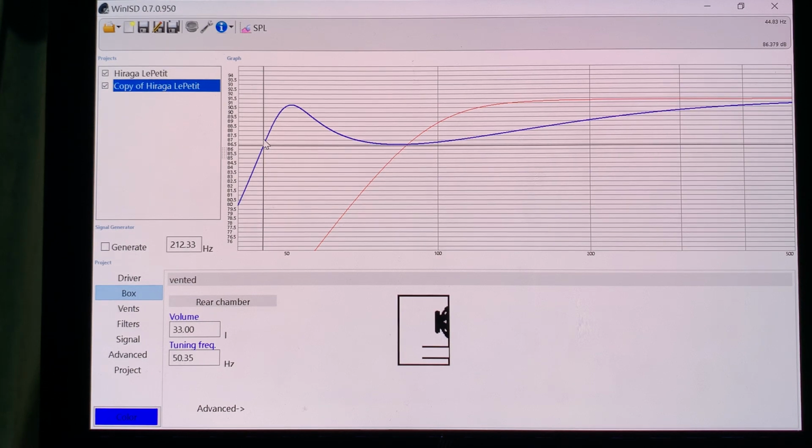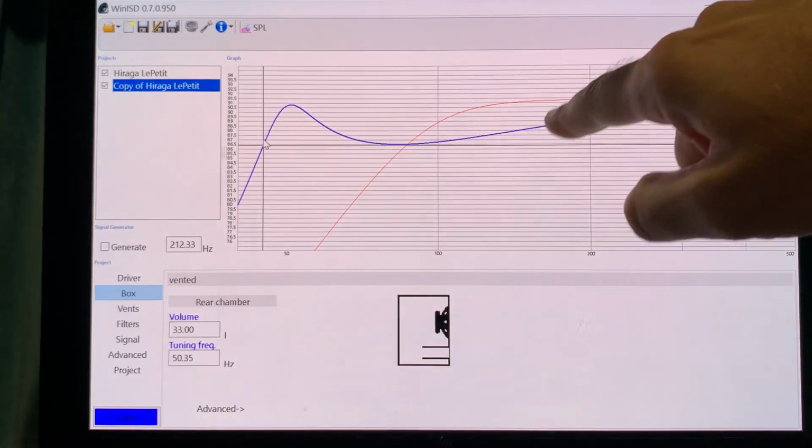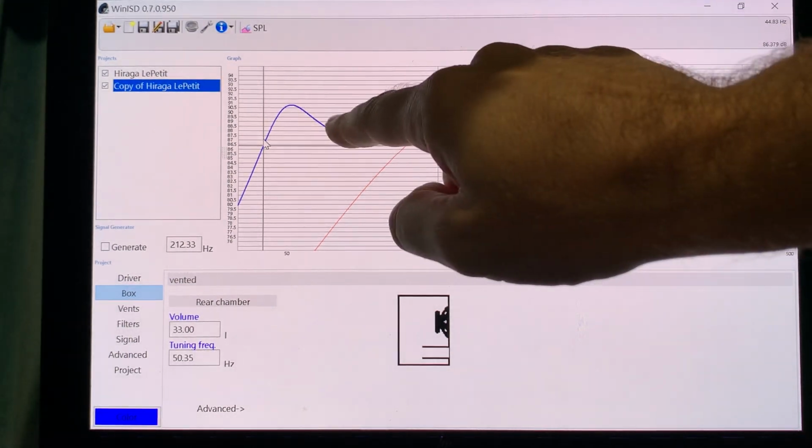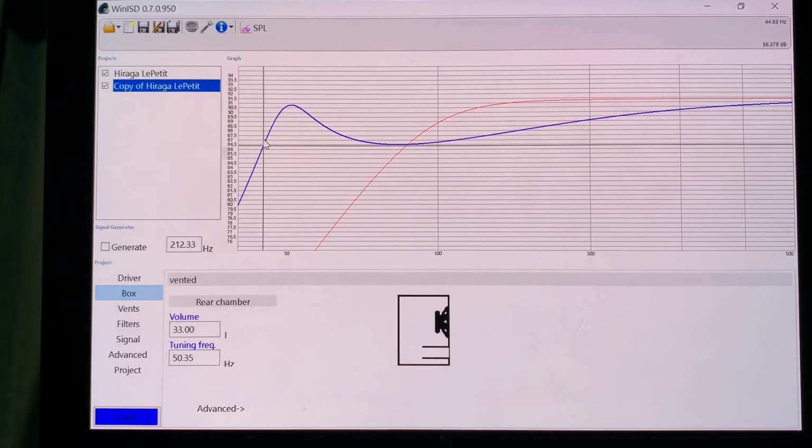This is pretty insane, right? Just a 4-inch driver, and it's bringing us into the 40s, and one would think that there's a price to pay is that the mid bass we have a valley there,